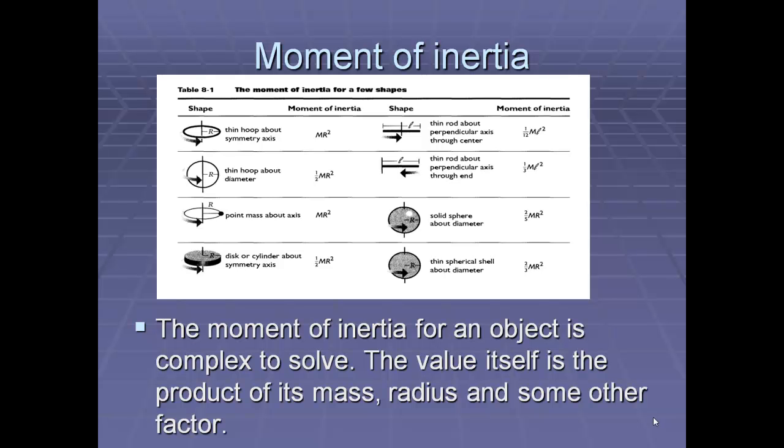Over on the right-hand side, you see the moment of inertia for a solid sphere rotating about its diameter. This is how you would calculate the moment of inertia for something like a rotating planet. Below that is the moment of inertia for a thin spherical object. This would be like if you were trying to make a basketball rotate on your finger,